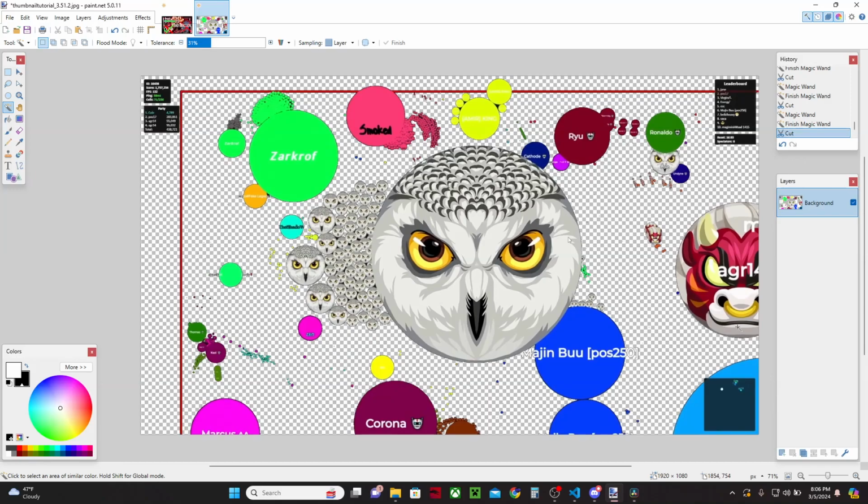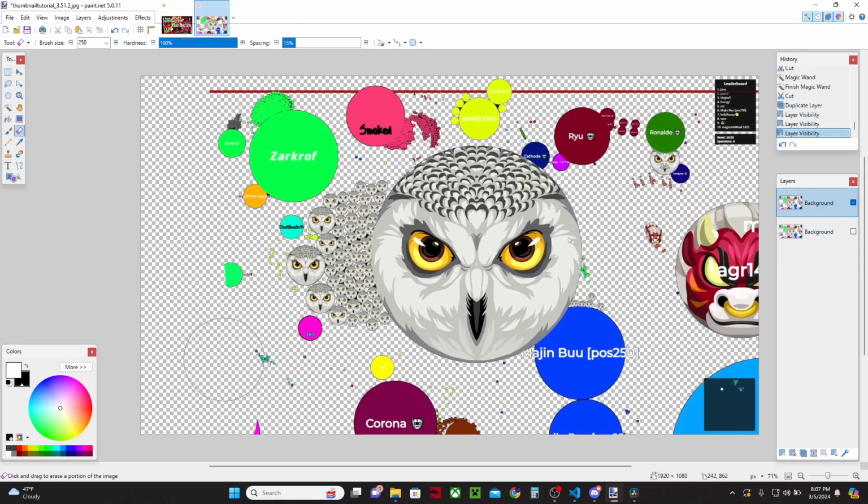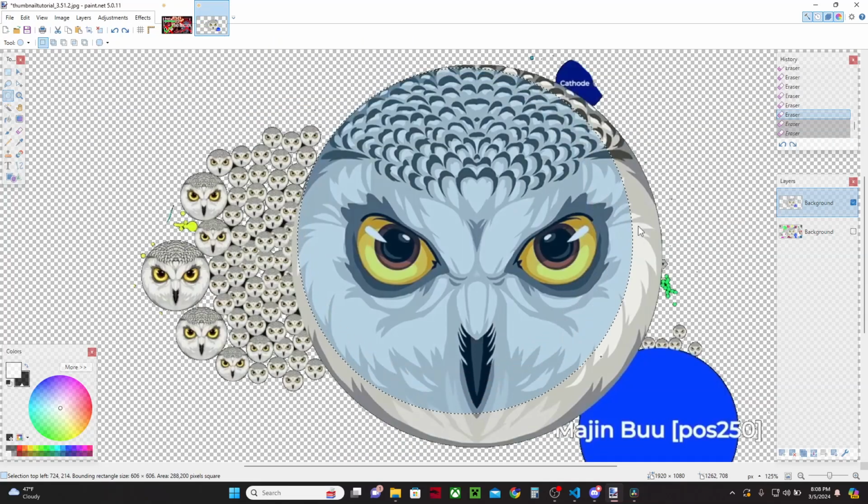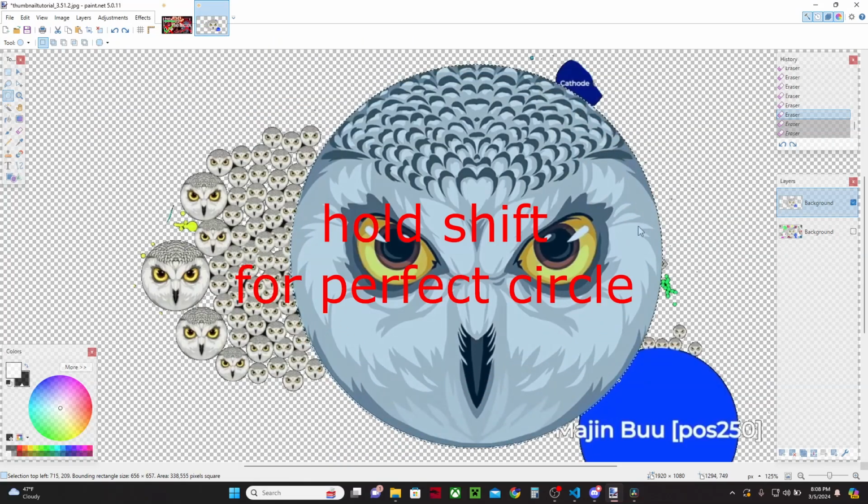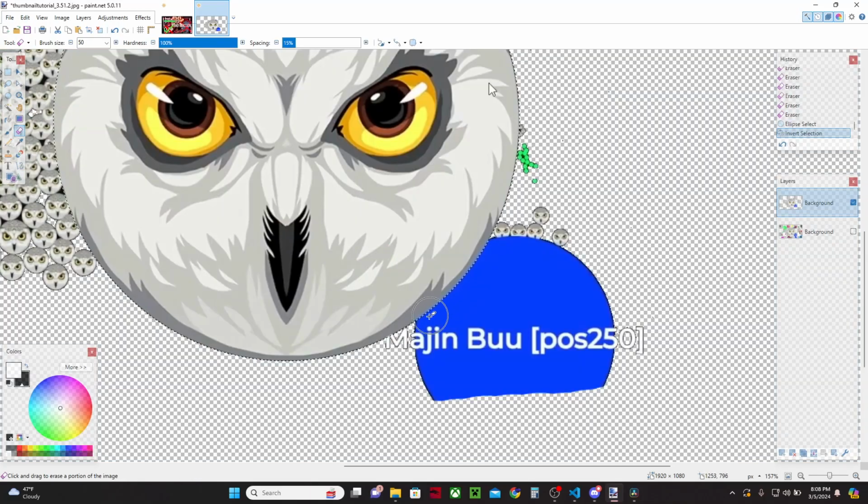Once you have all the cells separated from the background, duplicate that layer, uncheck the first one so it isn't visible, and now we're going to separate you from the rest of the players. You're going to have to do this manually with the eraser for the most part, but for the big cell, you can use the circle tool to draw a circle around it, invert the selection, and just easily erase everything